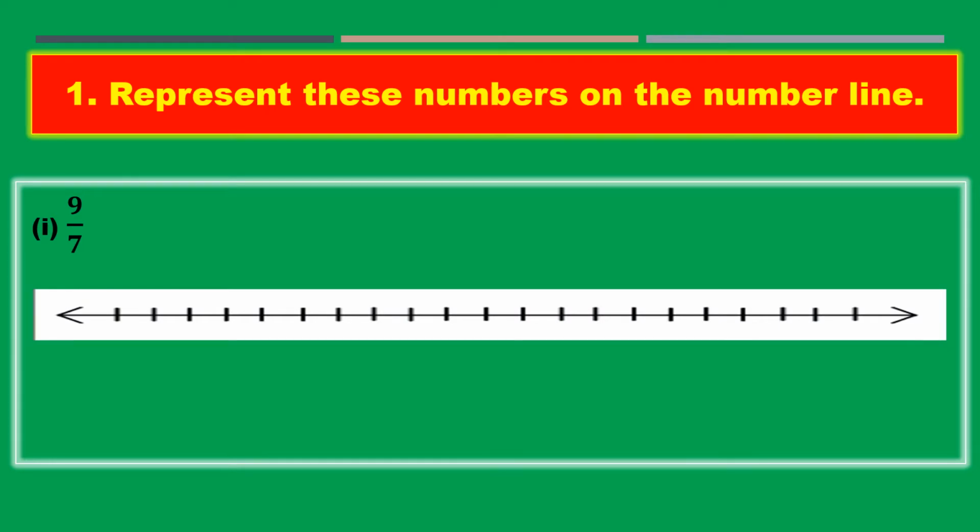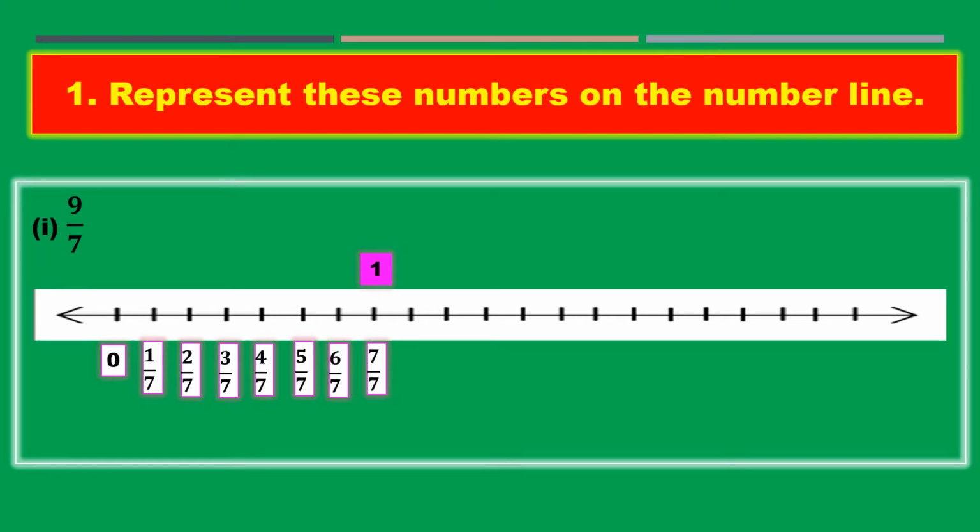Okay. So like this you represent. Denominator is 7, right? So you will take from 0, 1 by 7, 2 by 7. Till where you will take? Till 9. Means it is enough to take till 10. 10 by 7 it is enough. Okay. 1 by 7, 2 by 7, 3 by 7, 4 by 7, 5, 6, 7, 8.